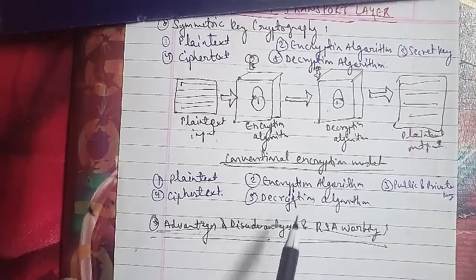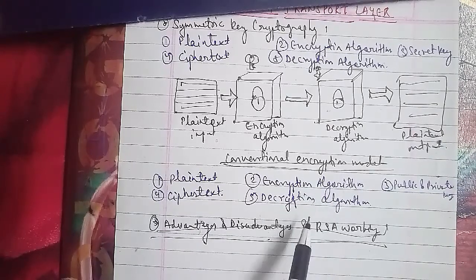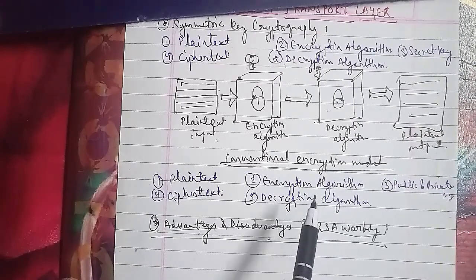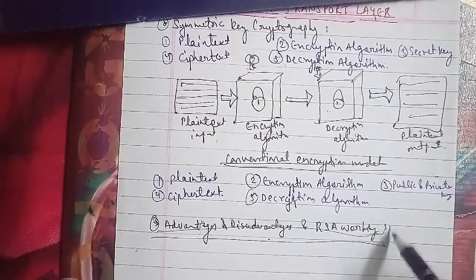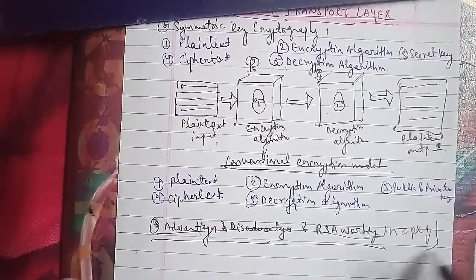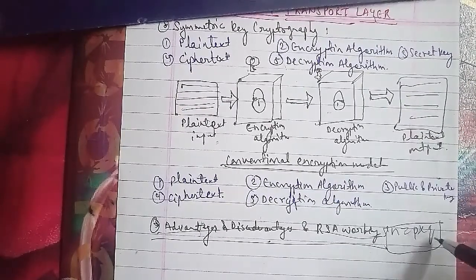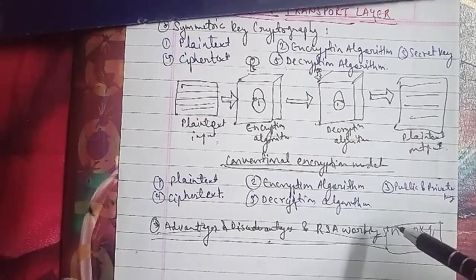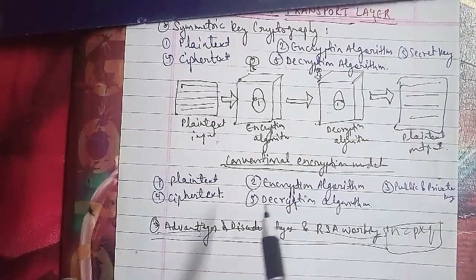In the RSA algorithm, each station independently and randomly chooses two large primes, that is P and Q, and multiplies them to produce n equals P multiply Q, which is the modulus used in the arithmetic calculations of the algorithm. The details of the RSA algorithm are described as follows, starting with key generation: pick two large prime numbers P and Q, where P does not equal Q, and calculate n equals P multiply Q.